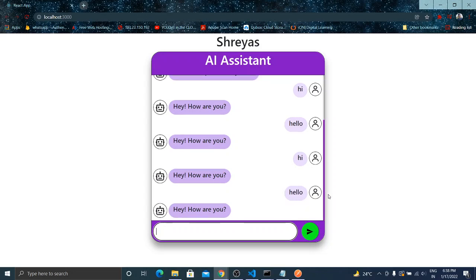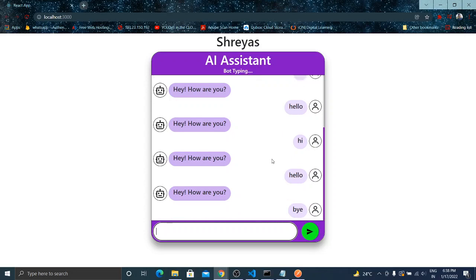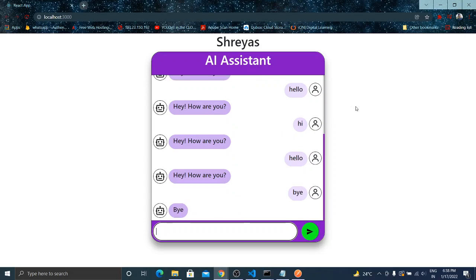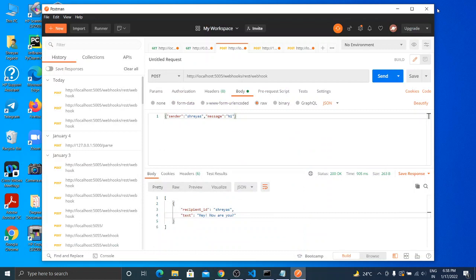See, it automatically scrolls down to the bottom, so that you don't have to scroll again and again to view the message given by the bot. Say bye. Okay, the bot replied bye. So this is how we can connect Rasa with our custom design React UI.